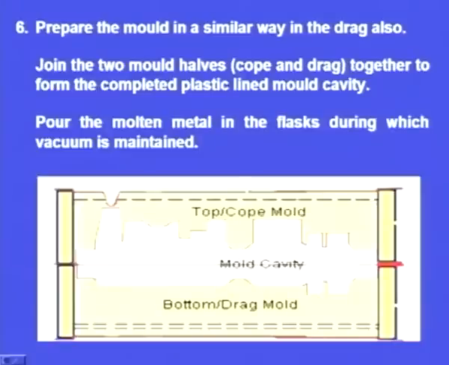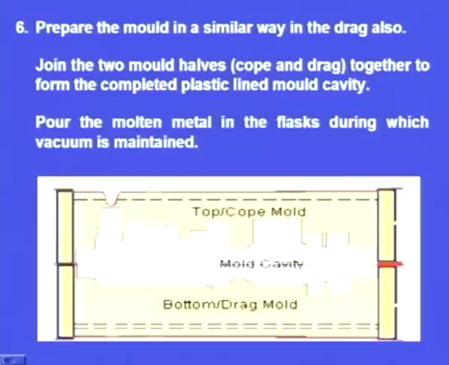Next one, join the two molding boxes, cope and drag, together to form the completed plastic lined mold cavity. Yes, we are joining the cope and drag. Inside we can see the complete mold cavity, and inside the mold cavity there is plastic film, and outside the boxes there is plastic film, and the sand in the upper box, that is the cope box, is held together tightly because of the vacuum we are applying here,